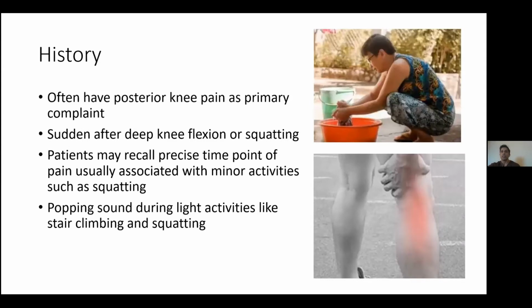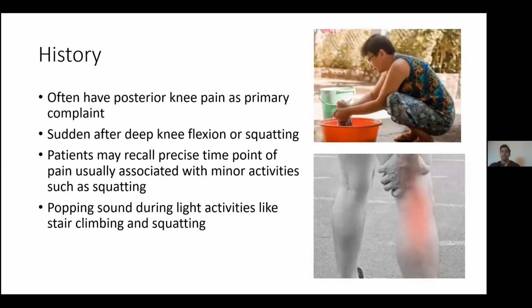So what about the history? What pertinent history can we take that would suggest a root tear? Oftentimes, patients complain of posterior knee pain as a primary complaint, and usually this is atraumatic, sudden, and